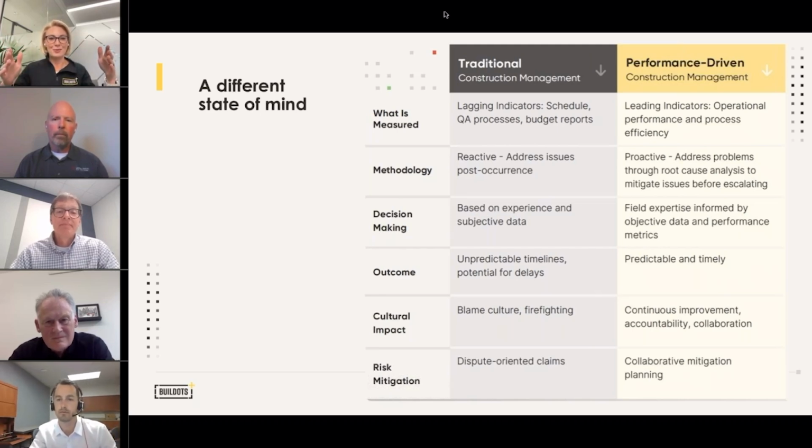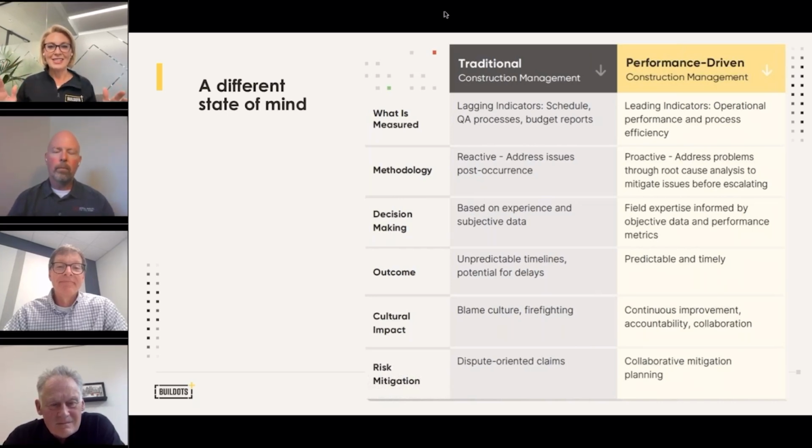Jeremy, how do you feel about you would step foot onto a project site and say, okay, on this site, we're going to use this methodology called performance-driven construction management. We're going to do things differently. How do you think you would approach that? I think